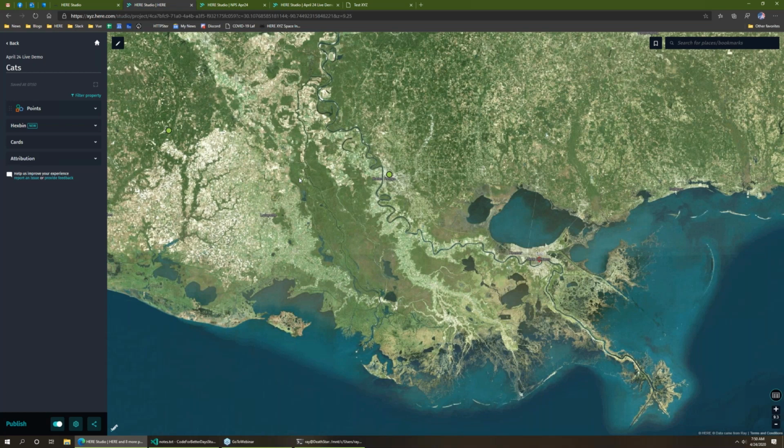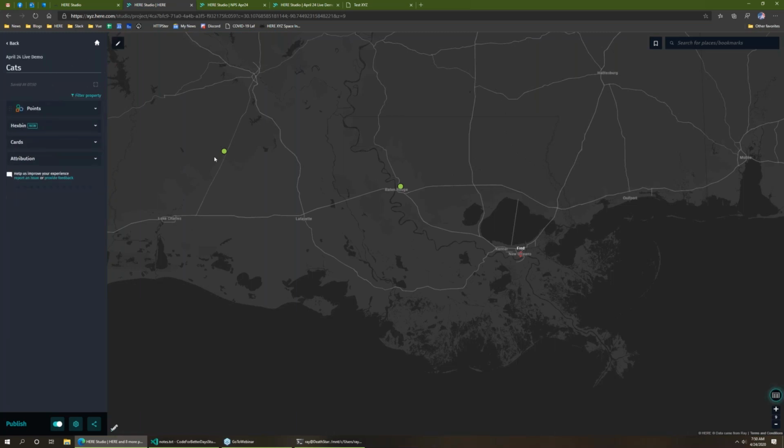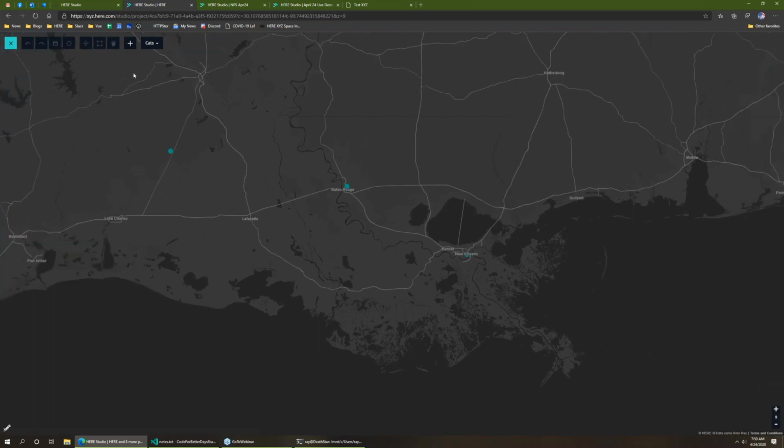Yeah, so you can definitely add data. I'm looking at my cat map, and I realize I actually have a green background with green dots, so let me make that a little more obvious. When I select my cats, I get a little pencil up here, and this toggles edit mode where I can begin adding information. You asked about lines and polygons, so you can definitely do that. I'm just drawing a polygon here, and now I've added a new feature to my map. And if I save that,